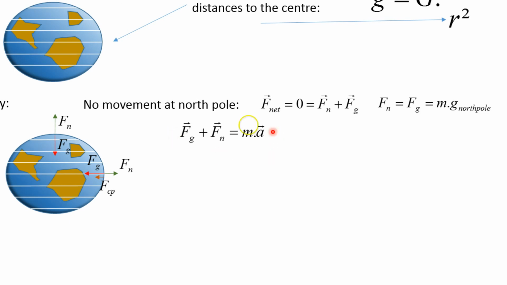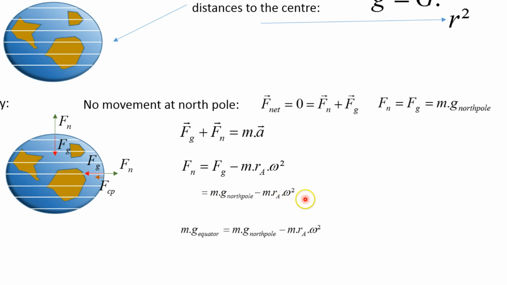But at the equator we have a resulting movement because we have a centripetal force. Centripetal force is m times a, which makes the normal force, which pushes us upwards at the equator, equal to the gravitational force minus the centripetal force. Centripetal force formula: m times r times omega squared, which makes the gravitational force pulling us towards the center, if of course the Earth were a perfect sphere, m times g North Pole minus this one, m r